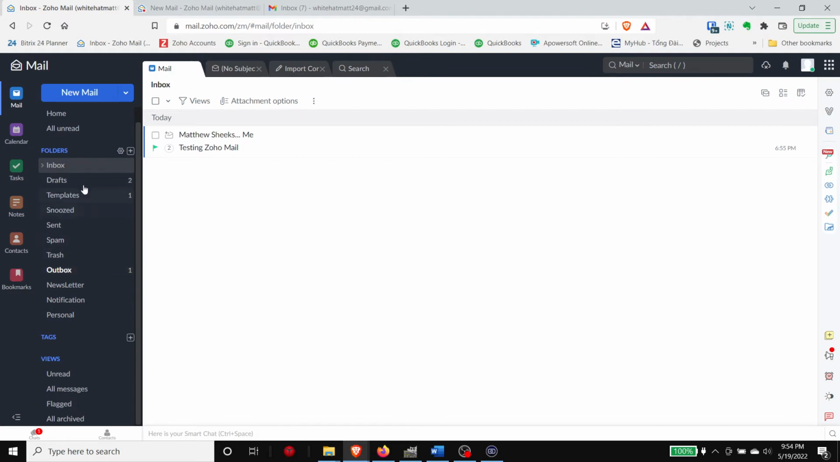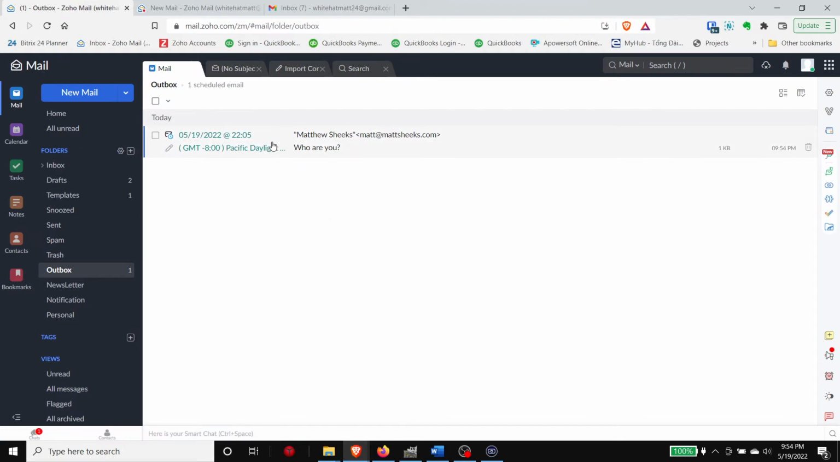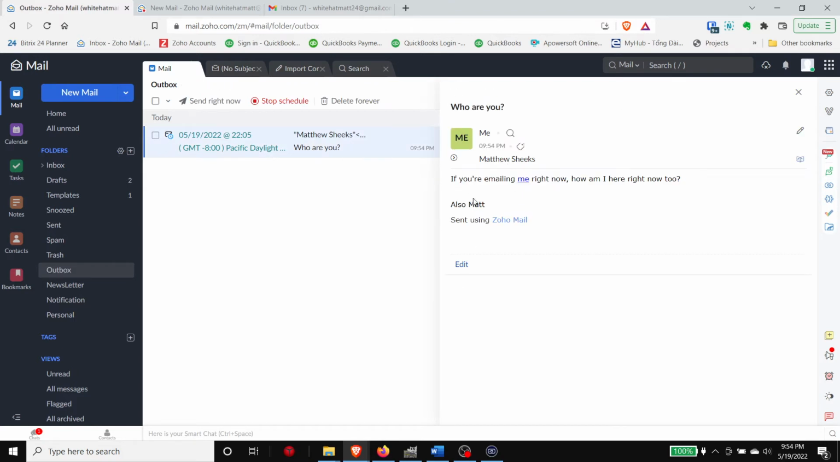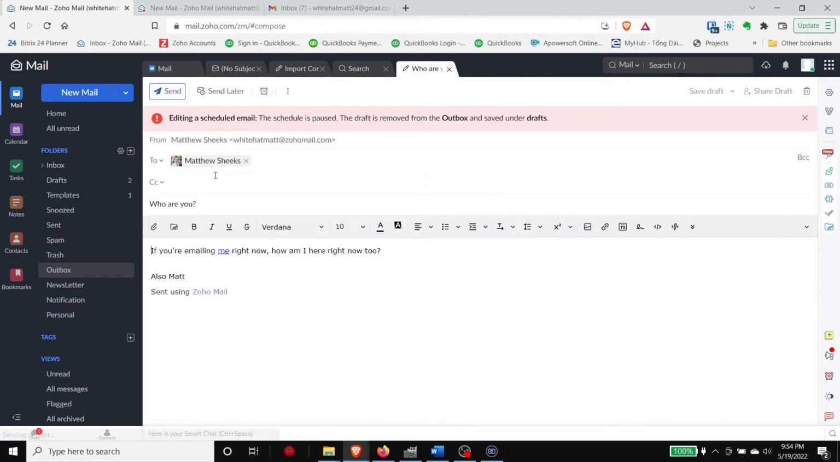So when you hit that send later feature, it goes into your outbox. And a couple of tricky things that I notice is that if you want to go ahead and edit this email, you have to click this pencil, so it'll show up and you'll see, okay, here's what we're intending to send out. If you want to edit it, you have to hit the pencil, and then it's going to say editing a scheduled email. The schedule is paused and the draft is removed from the outbox and is now saved under drafts. Okay, so if I wanted to edit this,